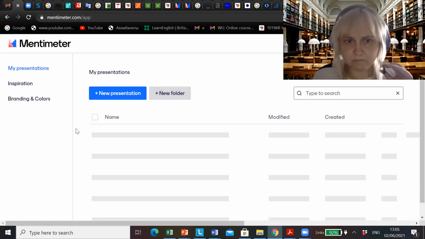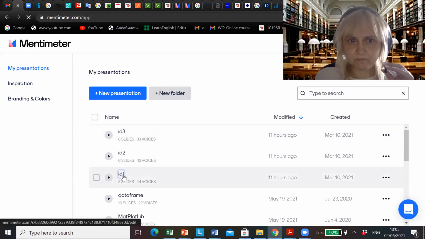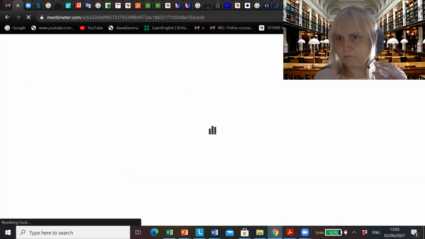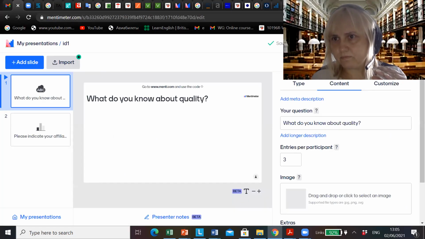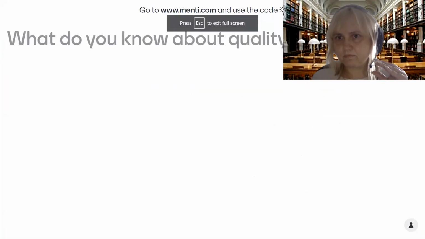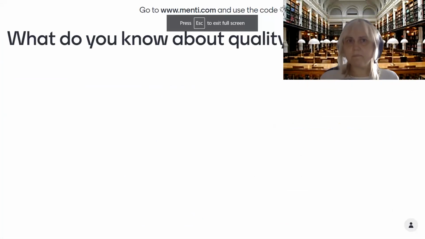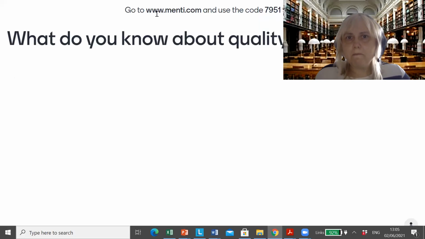We will try. Please give us a QR code. The QR code was there, you could see, it is www.menti.com.